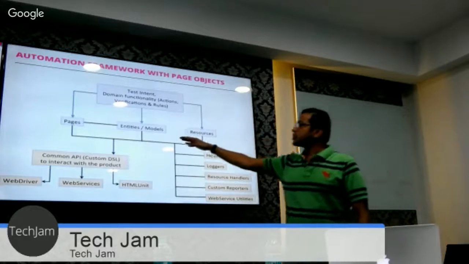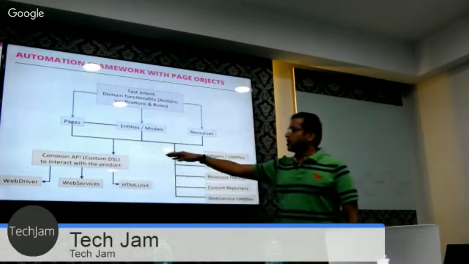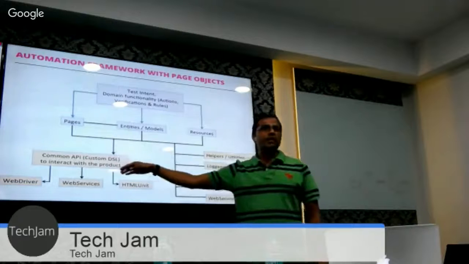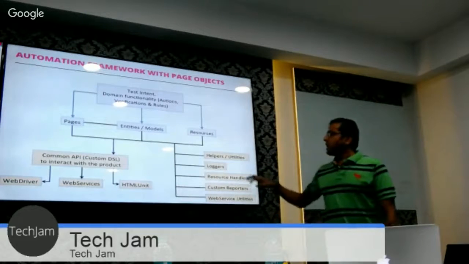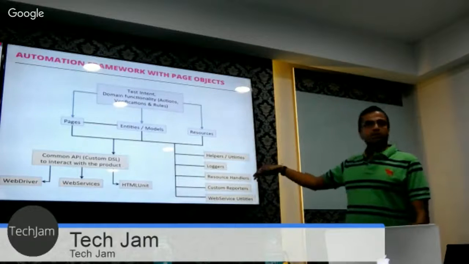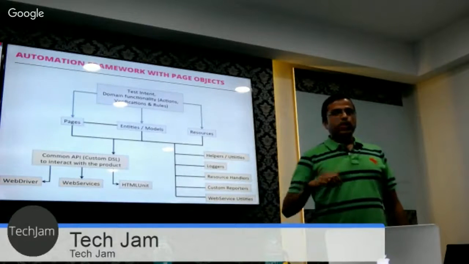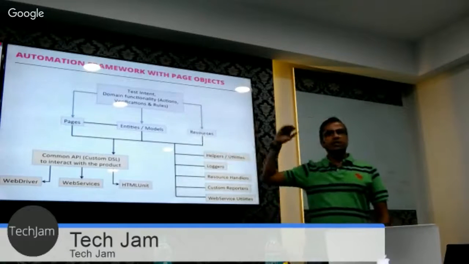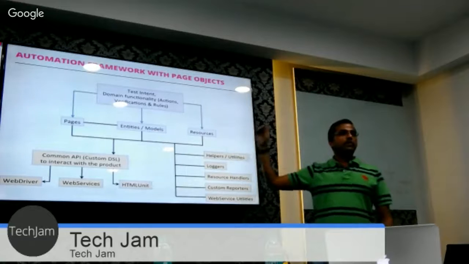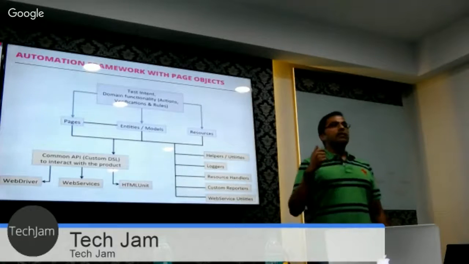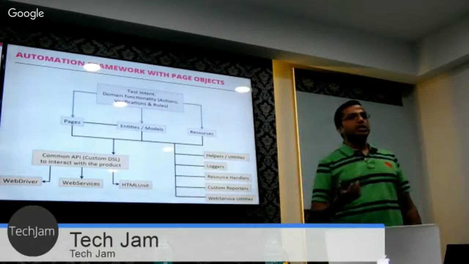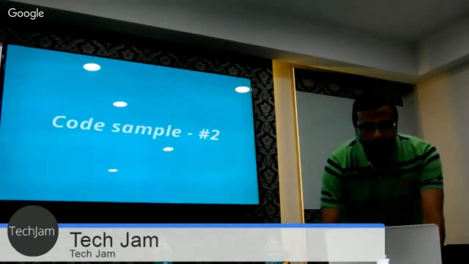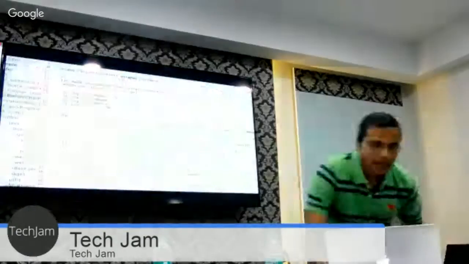But essentially, this is what is going to talk to either your web driver or whatever other driver you're using. If it's a configurable framework, you might have web services, whichever way, right? You can evolve into this type of architecture. Along with that, you'll have some helpers, utilities, loggers, various other things in the framework. So this is the stage where you get your framework and you say, yes, I'm following a decent abstraction layer in my framework to make it reusable, scalable, and potentially making it just a one-place change if any change happens in the existing functionality. I know exactly where to go and do this. Okay? So if you look at this as an evolved state,